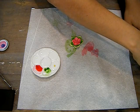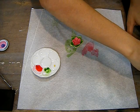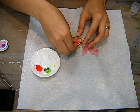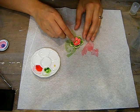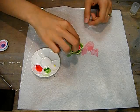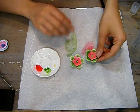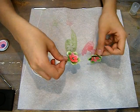Now I'm just going to stick a Prima pearl in the center, and the one I'm using is kind of an antique pearl look. So pretty cool technique. Here's one I did earlier, and I just stuck a gem in there. But it kind of looks like